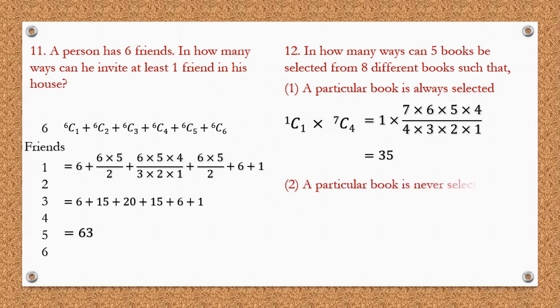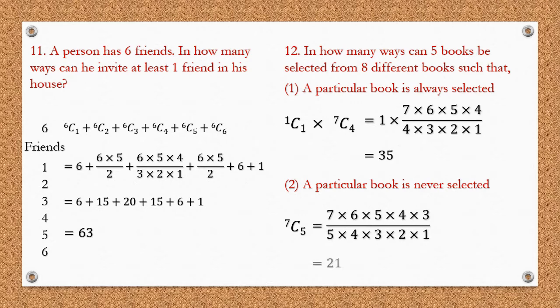Similarly, a particular book is never selected. So out of 8 books, a book I don't select. So out of 8 books, if I remove one book, I am left with 7 books, and out of these 7 books, I am going to select 5 books. So 7C5, because one book is not to be selected. So out of total 8, remove 1, remaining 7. From that I will select 5. So it will be 76543 upon 54321, and the answer here is 21. So these are the answers for the questions. Moving on,